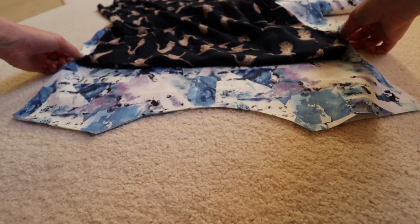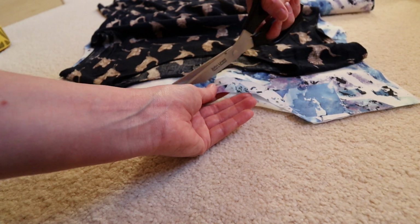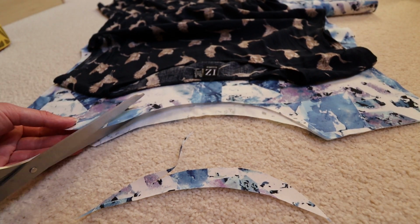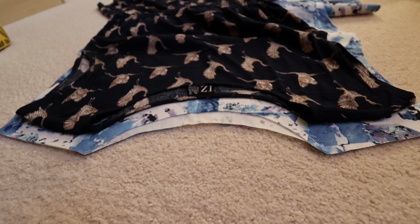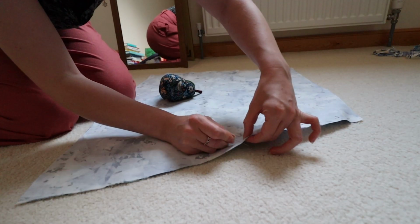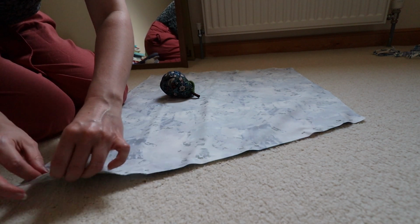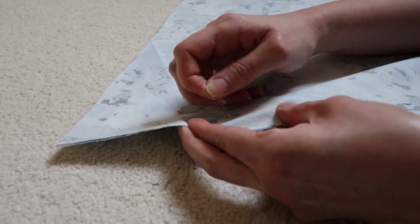So after realising that rough cutting freehand was a terrible decision, I continued rough cutting freehand to make the neckline. And yeah, it was a little bit squint, so I tried to tidy it up as best as I could. And yeah, at this point I thought this was the best I could do, so I decided to pin the pieces pattern side to pattern side. So here I am pinning the skirt on the side seams,